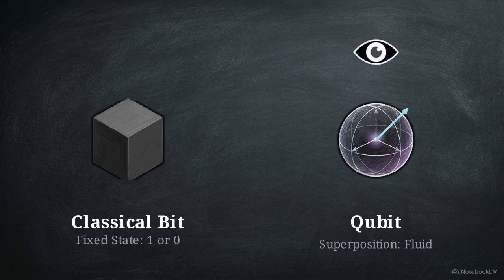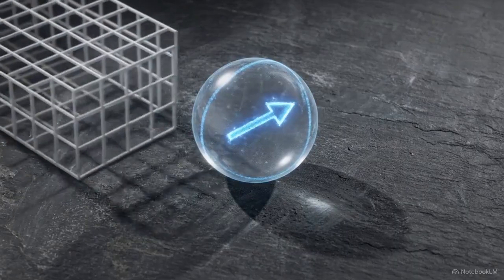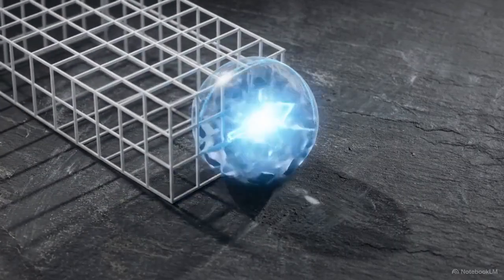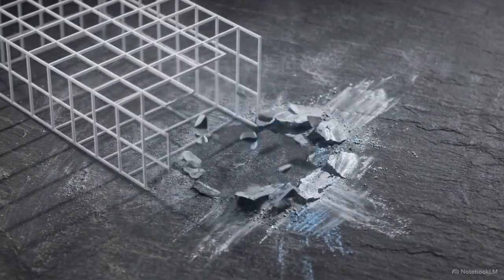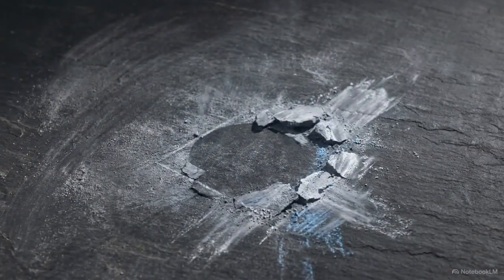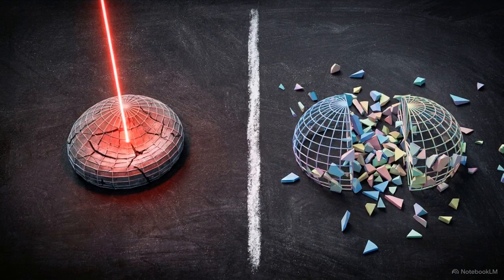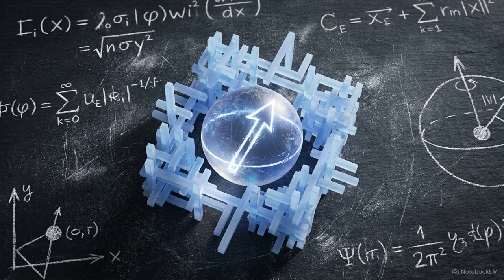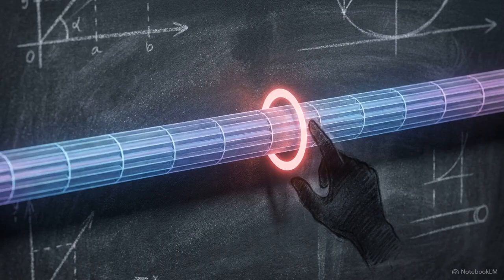But you cannot watch it. Observation forces the qubit to choose a single orientation, permanently snapping it into a rigid state. You cannot copy the information to study it later. It is physically impossible to create a perfect duplicate of an unknown quantum state. If you try to read it, you change it. Try to copy it, and you fail. We have a unit of information that cannot be duplicated and effectively alters itself the moment it is seen. This is the foundation of a communication channel that detects its own intruders.